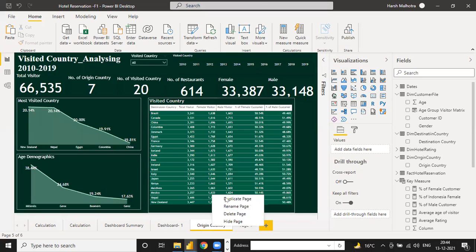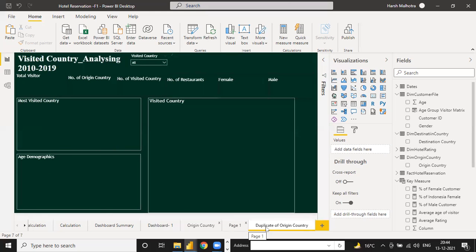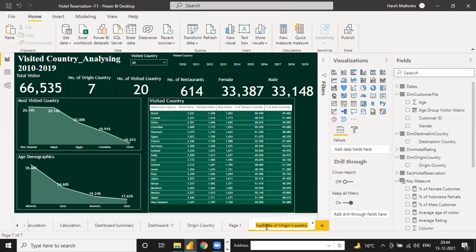And the last one I will prepare for you. This is the origin, just duplicate it. So here I want to do the hotel summary. Now we need to calculate hotel summary wise data.